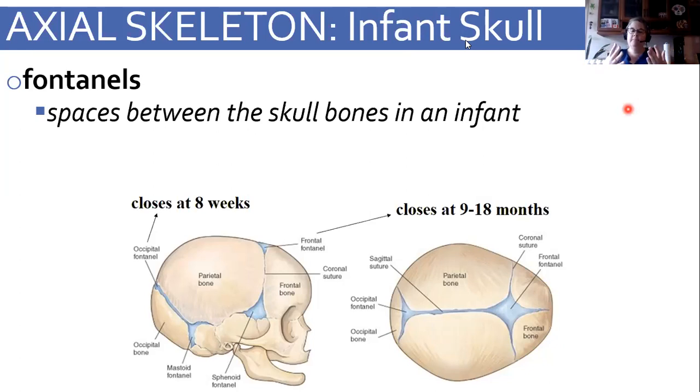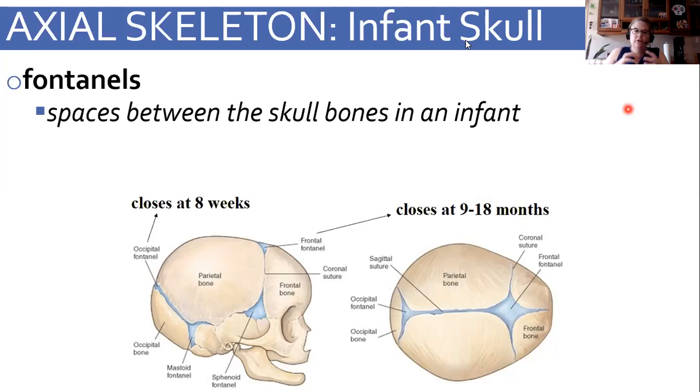And basically what that means is that all of those we talked about, the frontal, parietal, all those bones, they're not fused together yet. So there's gaps, okay? And those gaps are just covered by skin. So if you took a baby with a soft spot and pushed far enough down on the soft spot, you'd actually hit brain. Obviously, you're not going to do that because they would suffer brain damage. But they don't have that bone.